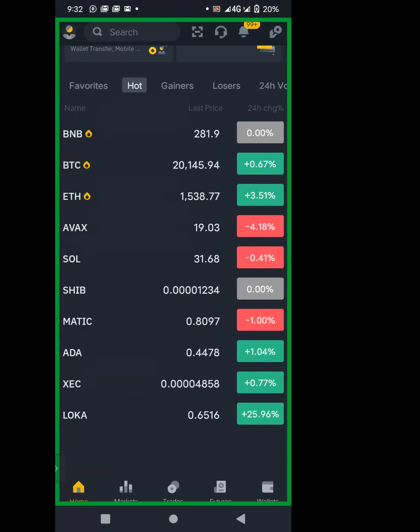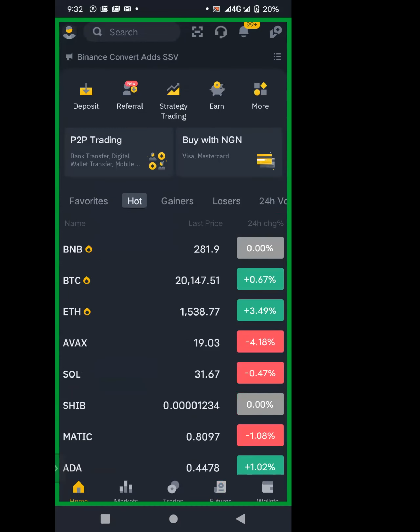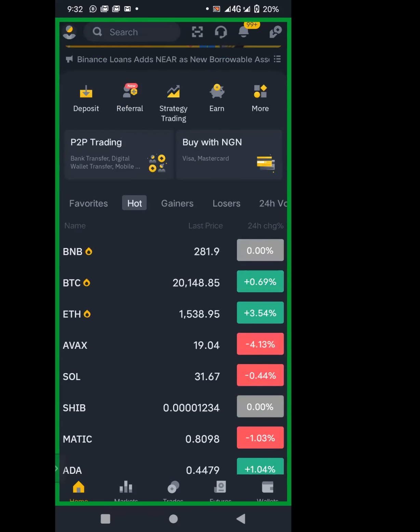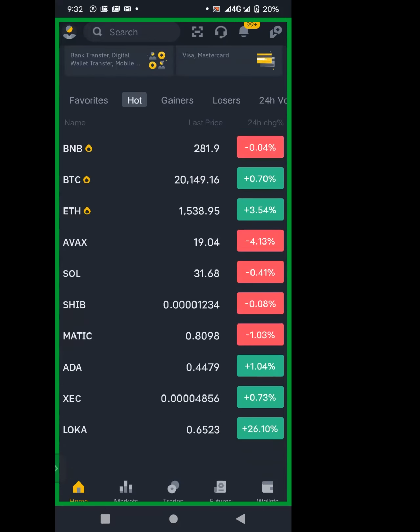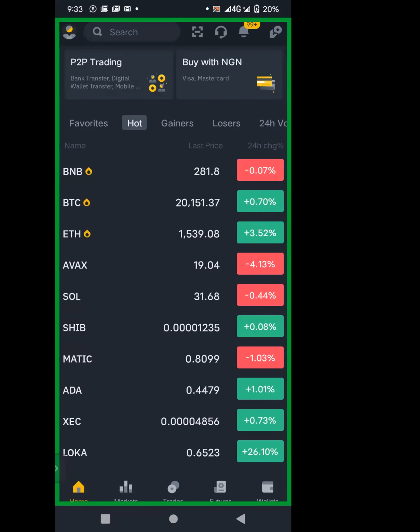And one thing you need to know before trading in Binance is that your account must be verified. So if you get a new Binance app or you register currently on Binance, you have to go to your profile. This is where the profile is at the top right side. So you go there and then verify your account, and then you come back. So here in the home,